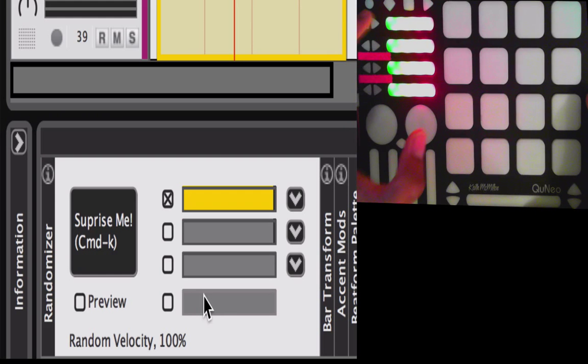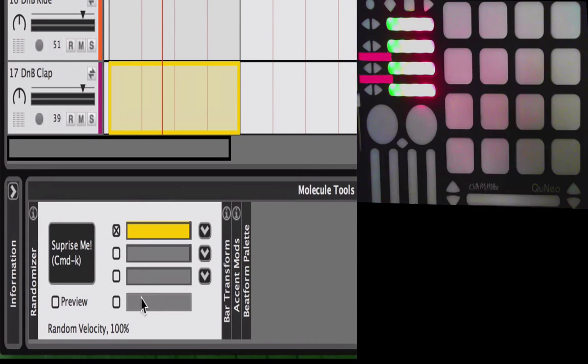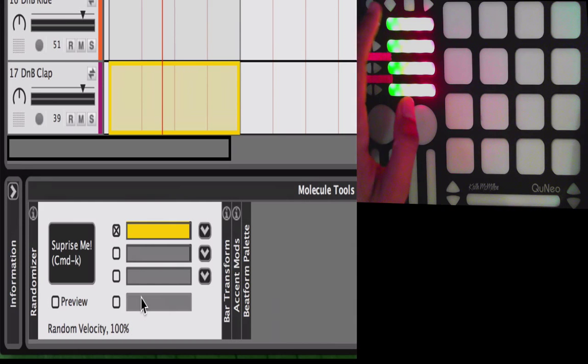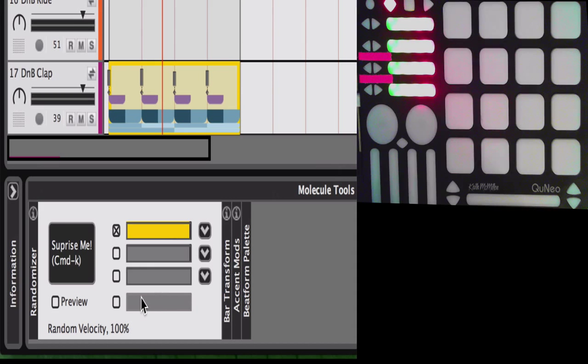Now, when activating or deactivating these, you're specifying exactly what I want it to do. So for example, for my clap, I want to select a random bar form. I'm not quite sure what's going to happen. That's when I can use this button that would be originally for record to use it as a surprise me. So if I hit play now,